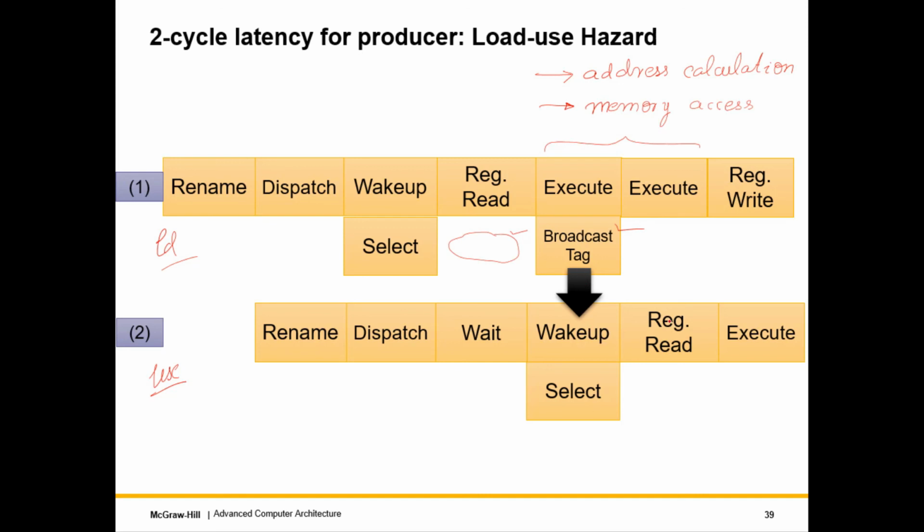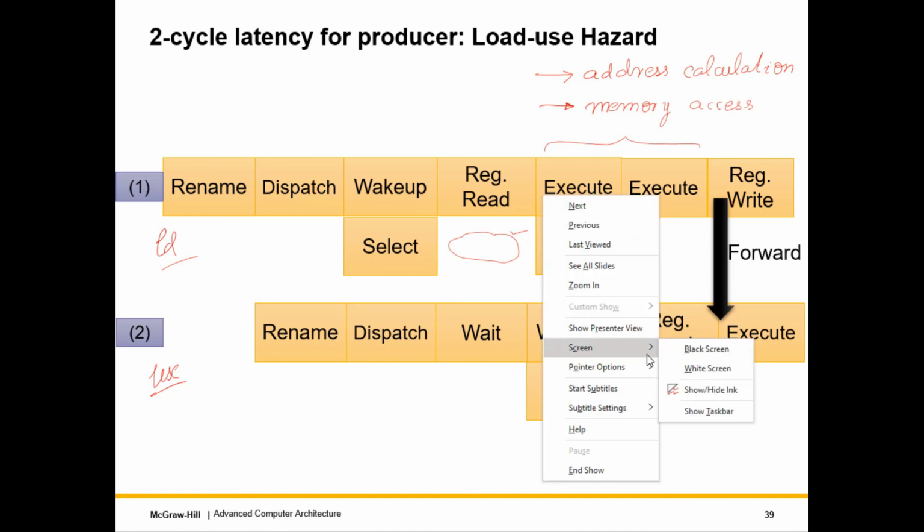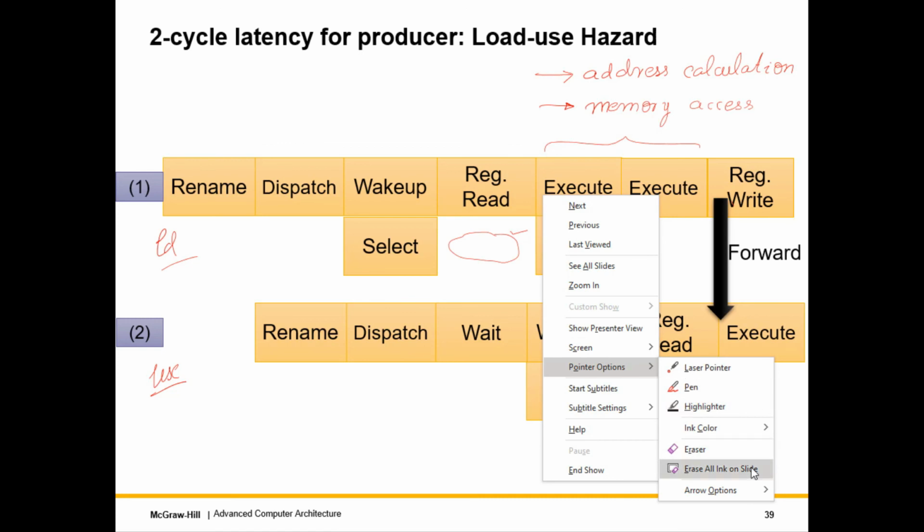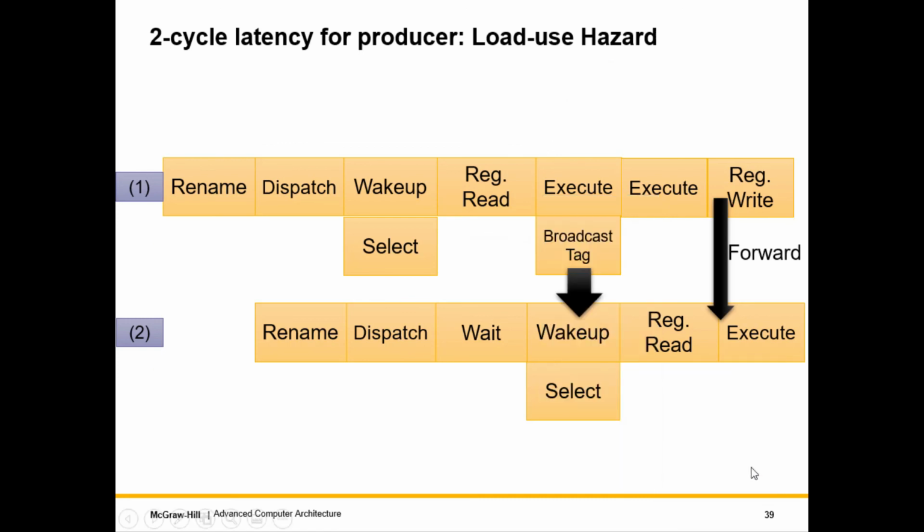After this, we have wake up select, we have read and execute. If bypassing is required, then we forward or bypass in this cycle. And as you can see, it happens seamlessly, the same way it would happen in a regular in order pipeline. So what is the key learning from this figure? Well, I'm erasing the ink. I'll maybe give you 5 seconds to meditate on this figure before I tell you the answer. So your meditation time starts now.